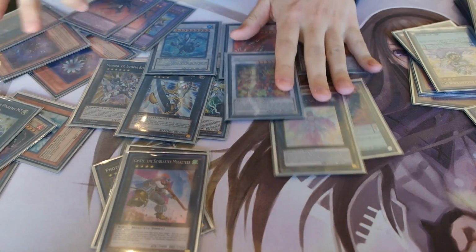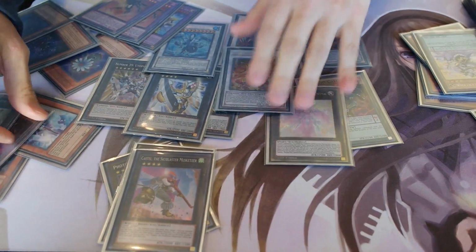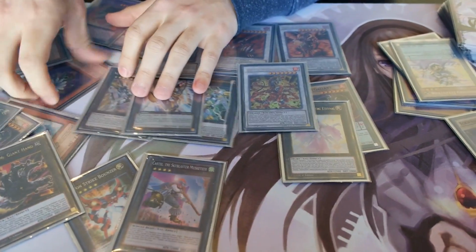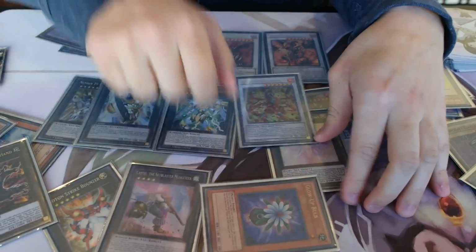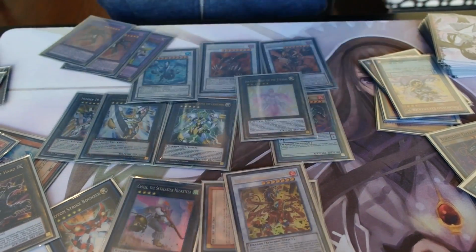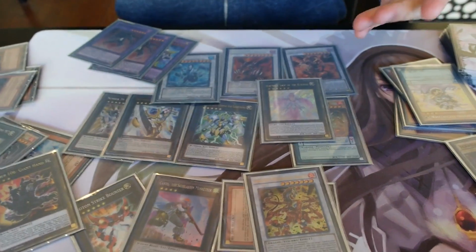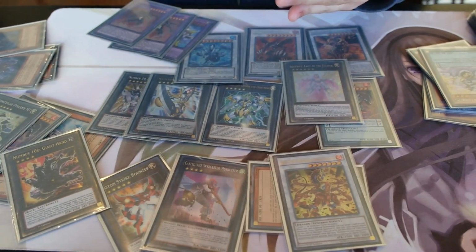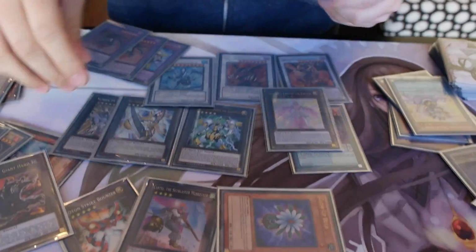So the combo with him is, if you have a Beatrice, you detach the Malicious to send Glow Bulb to the graveyard, and then you use Glow Bulb and Malicious to summon the Meteor Burst. When the Meteor Burst is summoned, you summon a level 6 scale from your scales. And then using him and the last Malicious, you can actually make another rank 6 right there, which can be the Utopia Beyond,